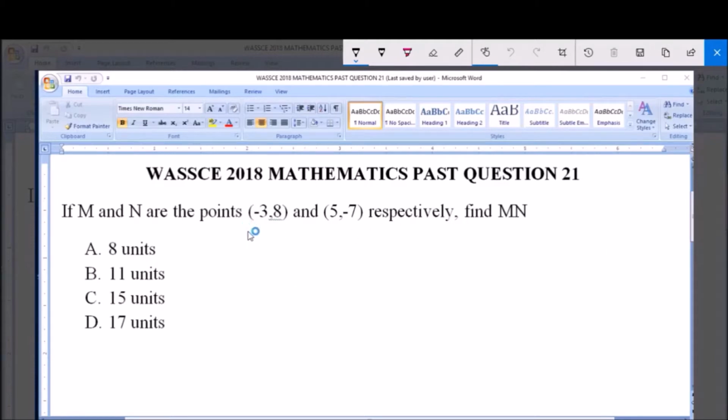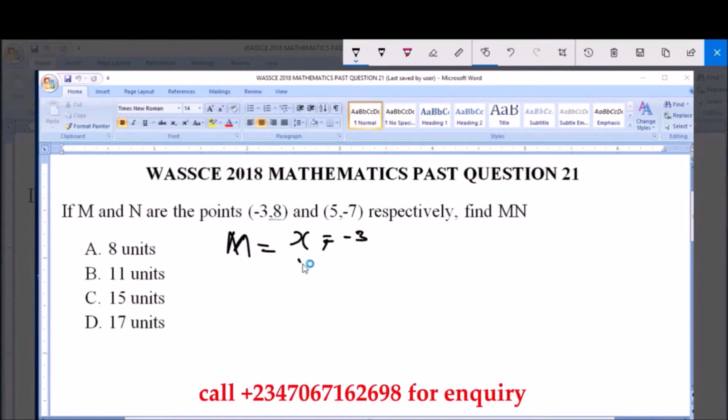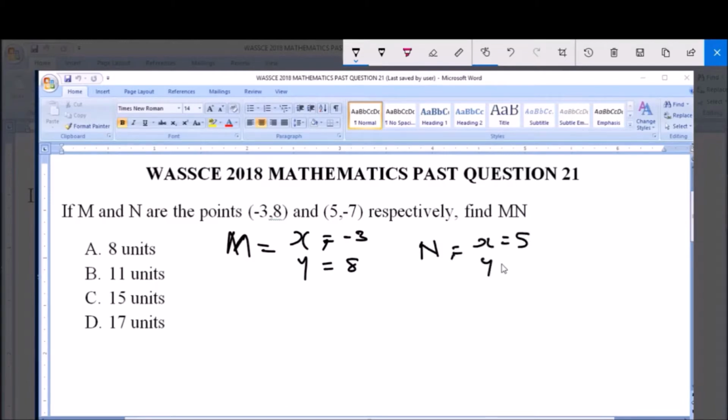Now we're given the coordinates of point M to be, so for point M, x is equal to minus 3 and y is equal to 8. Now for point N, x is equal to 5 and y is equal to minus 7. Now the coordinates of point M, let's term them to be x1, y1, and that of point N to be x2, y2. Now the formula for finding distance between 2 points,